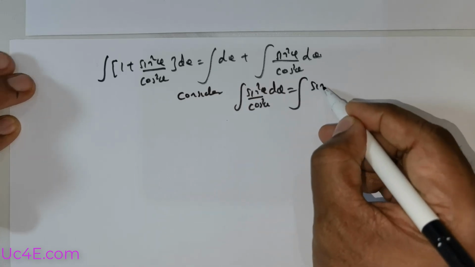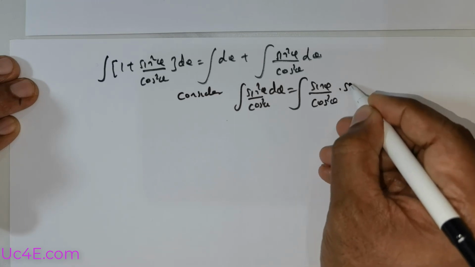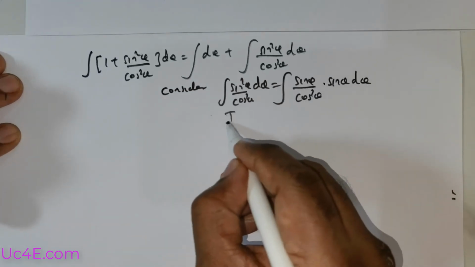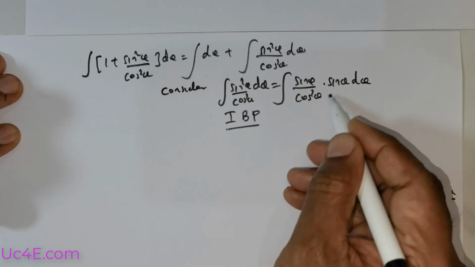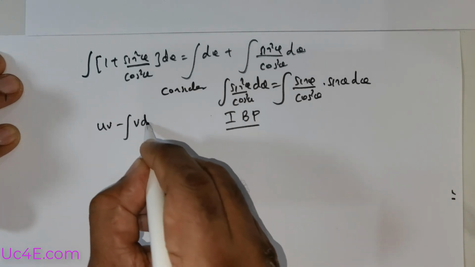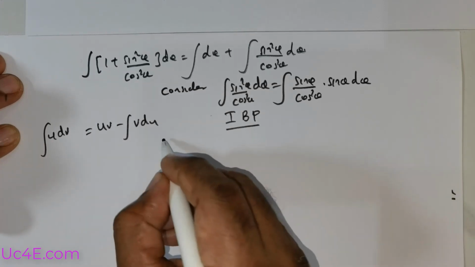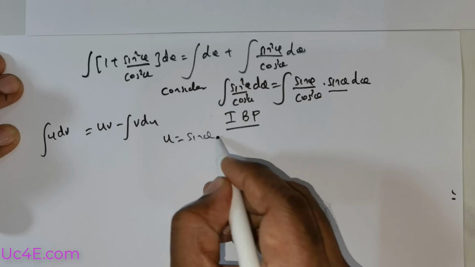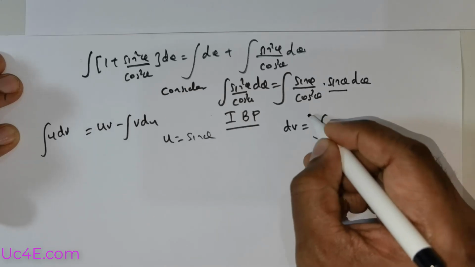I'm going to rewrite this as sine theta over cos squared theta times sine theta d theta. I will be employing the integration by parts technique. So the formula is uv minus the integral of v du. This is u dv. So I need to take u. I'm going to take u to be sine theta and dv to be